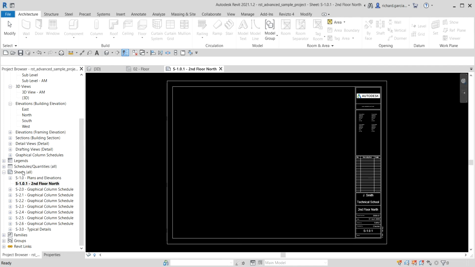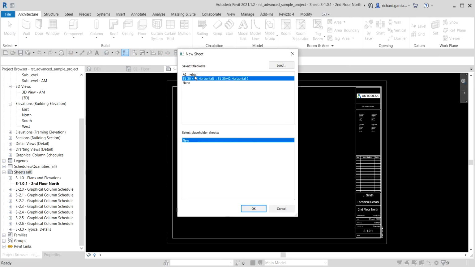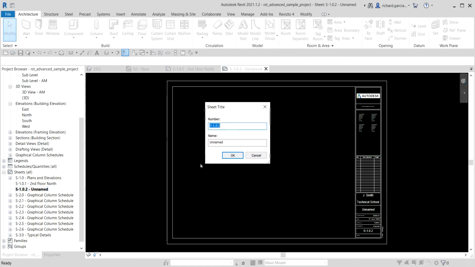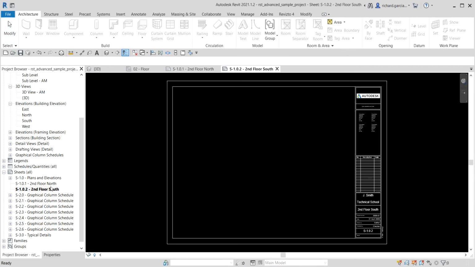So I'm going to create another one. Right click, new sheet. Right now I'm setting up the sheets first. So A1 metric, select OK, and then let's do this. I will call this second floor south. The reason why I'm creating two sheets for my second floor is because if I'm going to